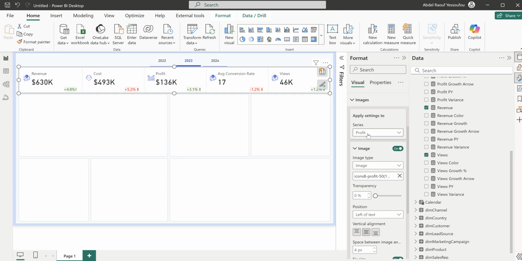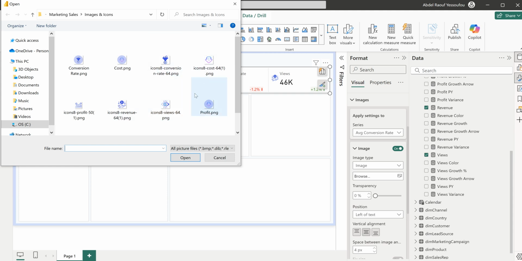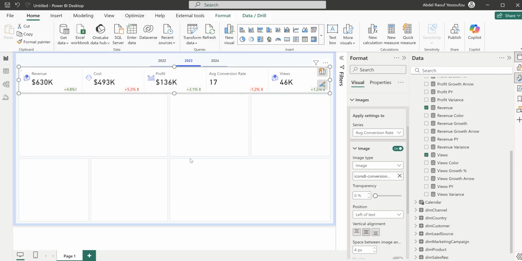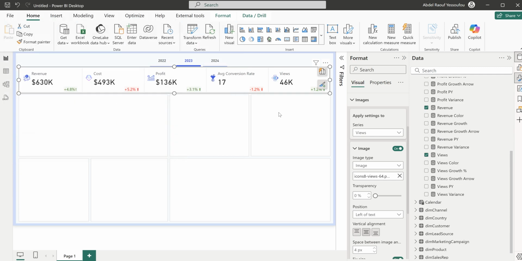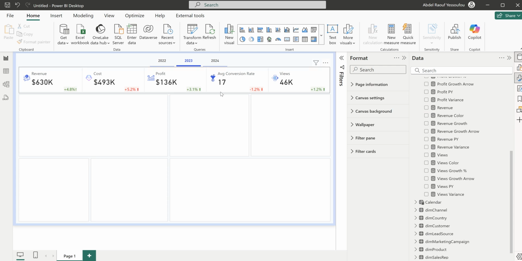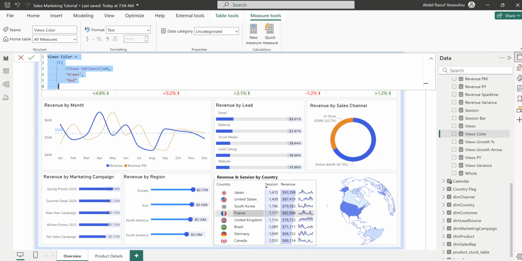Okay, so average conversion rate. I'll go here, browse again. So for conversion rate, and then the last one is views. Okay, very good. So this is what we have for the KPIs. Now the next one is to build our revenue by month, which we have here, and